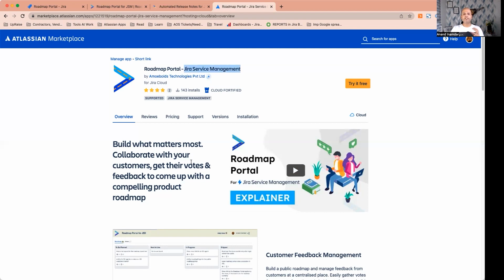So all it does is it allows you to extend the existing Jira Service Management capabilities so that you can create a public facing or a customer facing roadmap, which you can then utilize to collect feedback, votes, and comments, right? To give you an example, I've got this